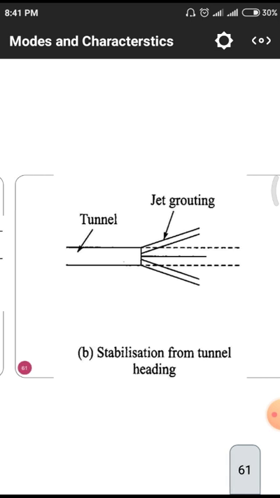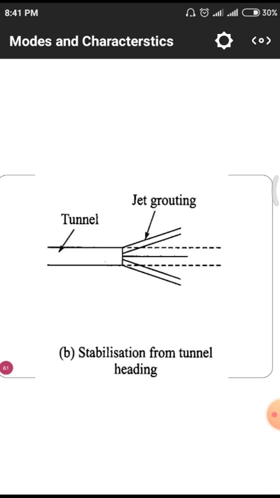After that, we are having this tunnel. With the help of this jet grouting, we are artificially strengthening the tunnel head. It means the tunnel is responsible to carry the water, but at the starting stage of the tunnel, the total water will have to move into the tunnel in a simple way. Otherwise, the water will forcefully strike the outermost surface of the tunnel, and the total quantity of matter will block the tunnel head. To control those kinds of things, they simply go for this jet grouting.